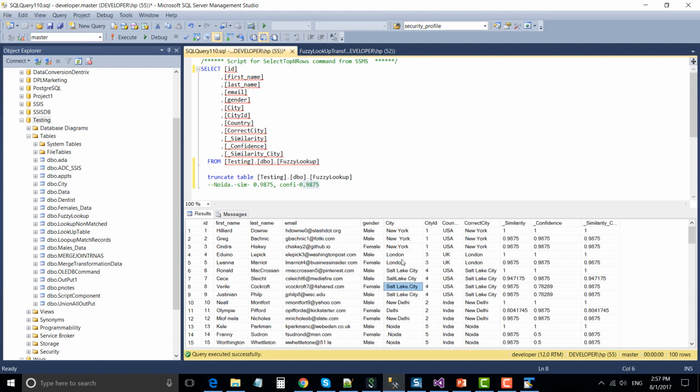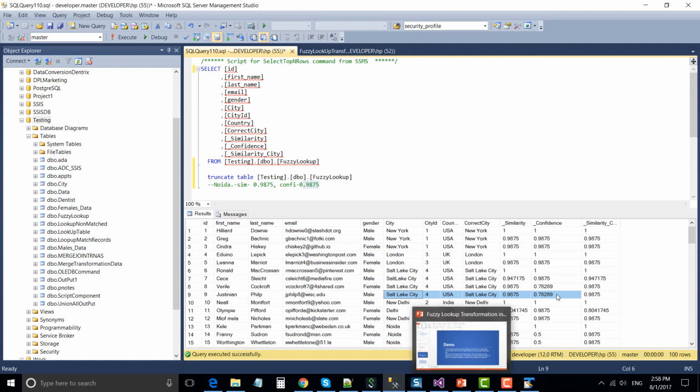Similar is the case for other records as well. For example, for Salt Lake City, right now the confidence score is 0.78. However, if we insert more records similar to Salt Lake City in the reference table, then the confidence score will decrease.